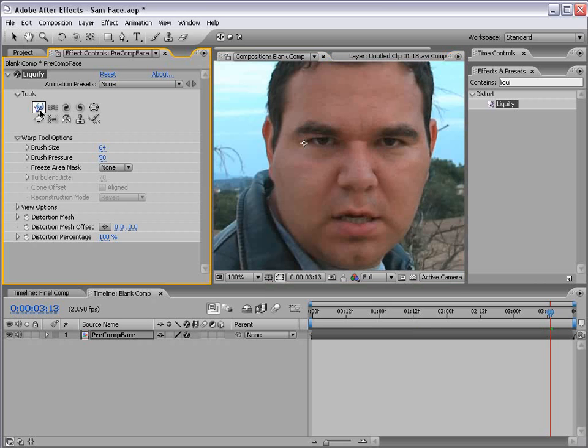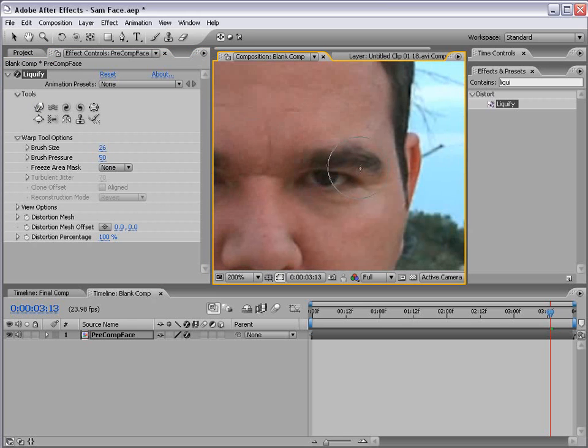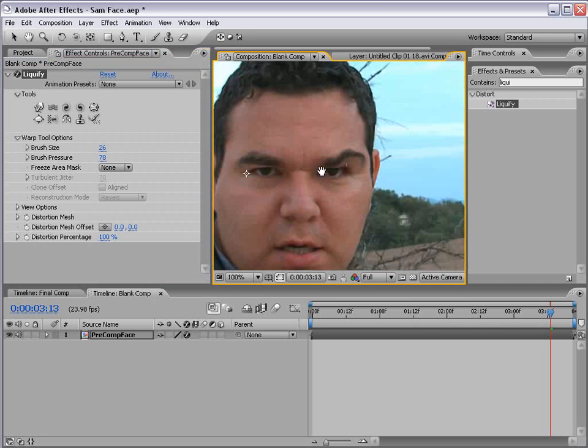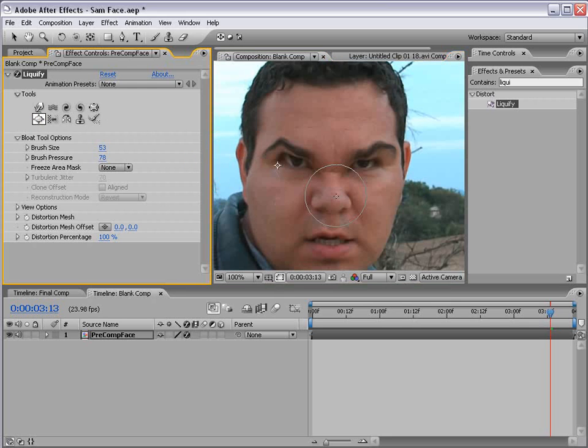What we're going to do is take the smudge tool, and if you hold control down, you can scale down the brush size. And we're going to zoom in here, bring the brush pressure up, and we're just going to make some evil eyebrows and just kind of drag these up high. And then we're going to make it a little larger, and you hit control and then just drag left or right, and it kind of lets you do that. And we'll bring the middle of his eyes down here. We're going to make his nose larger, and that's what this tool here does. And we make a large brush, and we can,